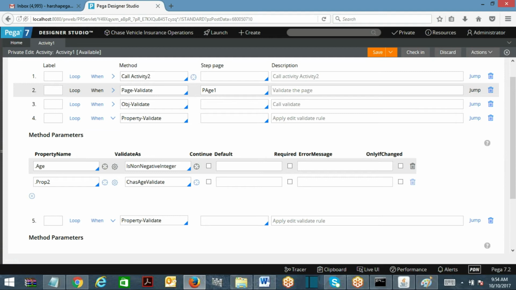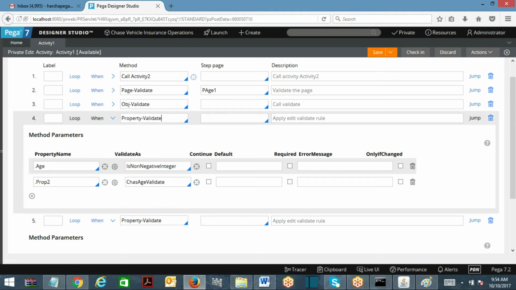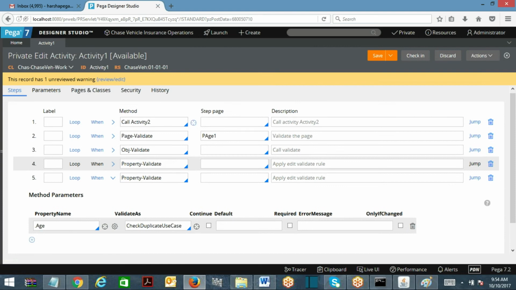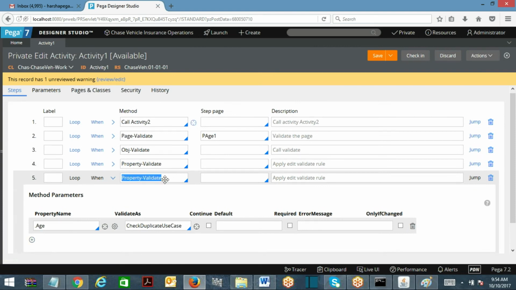So you mean to say, if we don't put this page validate and we call that property on some page, then that edit validation would not execute until we put this page validate? You're asking about property validate? No, I'm asking about page validate only.